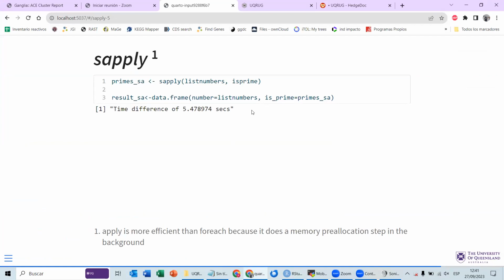So apply is not as readable as foreach, so it's not as direct. But in this case, I will be using sapply that will output a vector. So sapply in my list numbers is prime. It's very short, but it's not as direct as the other one because you actually cannot read what this bit is doing here. So with very complex things, apply can be quite messy sometimes. So it depends on what you want to do. Basically, the result is the same, a data frame,